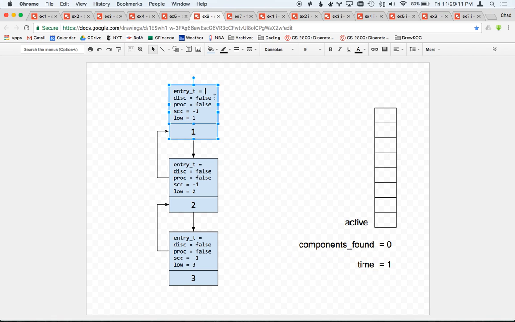Time equals 1, the entry time is 1, the first vertex is discovered, and we process it, we push it onto the active stack, we process its edges, starting with this one, we discover vertex 2, increment the time marker by 1, push vertex 2 onto the stack, and begin exploring its edges, including this one. We discover vertex 3, increment the time marker, mark the entry time, and mark vertex 3 as discovered,